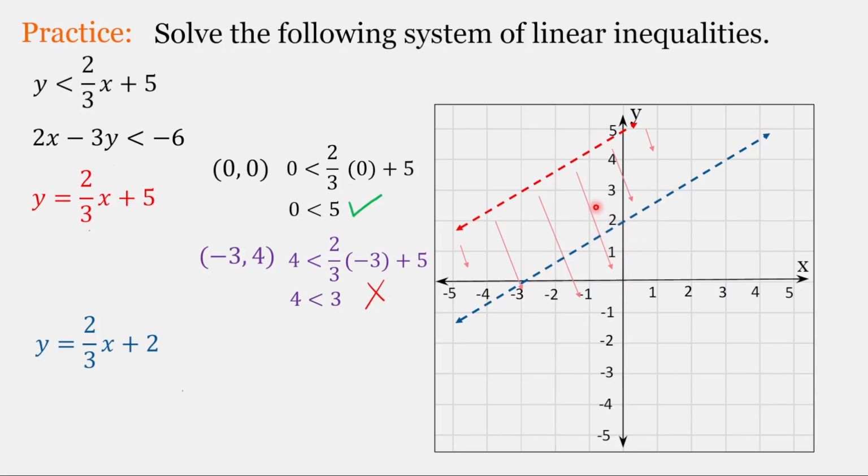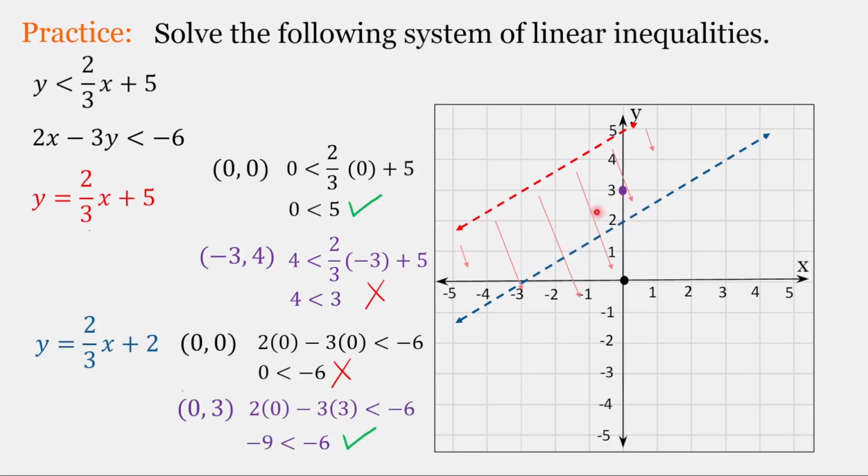Now let's determine which side of the boundary line we're going to shade. We'll start with that origin, 0, 0. This does not result in a true statement. So let's try a point on the opposite side of the boundary line. We'll go with 0, 3. 0, 3 does lead to a true statement, so we're going to shade up and to the left of this